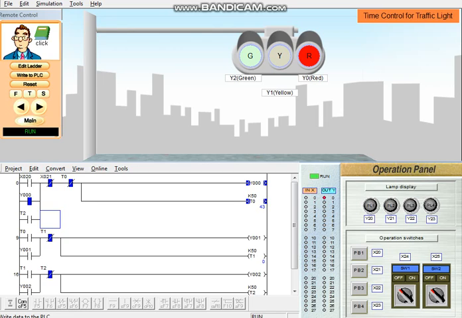Okay, red, yellow, green, and then red, yellow, green. Okay, as simple as that.